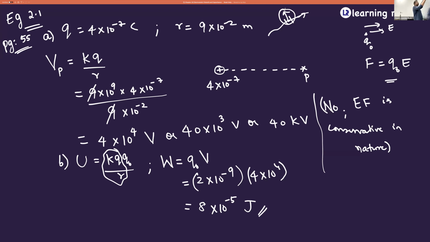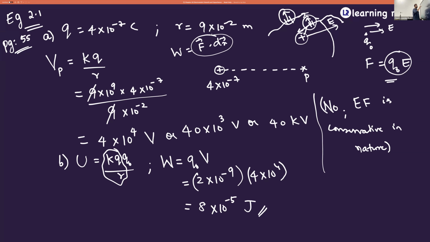Because when you take this into consideration, this is how the electric field is going to be. So in whichever path you are going to bring, if you take a small infinitesimal path, you resolve it into two components, one like this and one like this. When you calculate the work done due to the other component, it is going to be 0. So what they're doing is taking this Q naught into E and multiplying it with dx. I told you, work done is equal to F vector dot dx vector. The perpendicular component will get cancelled out in all situations. But that's a complicated way of explaining.